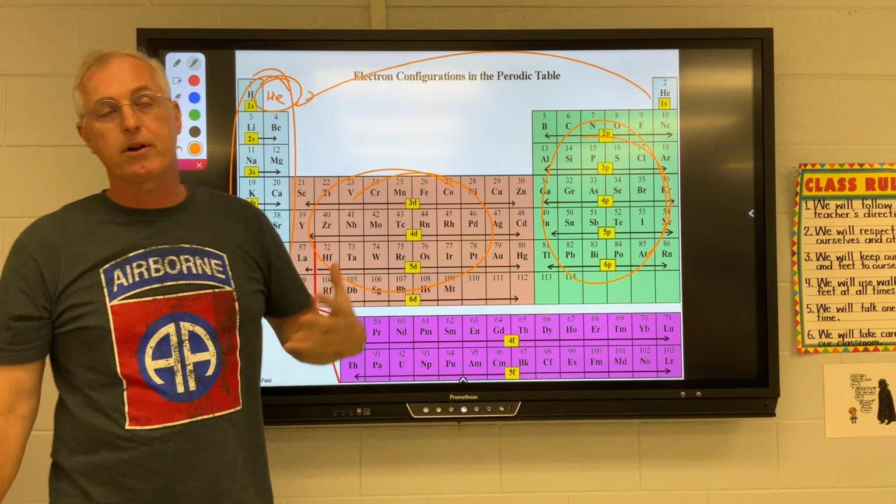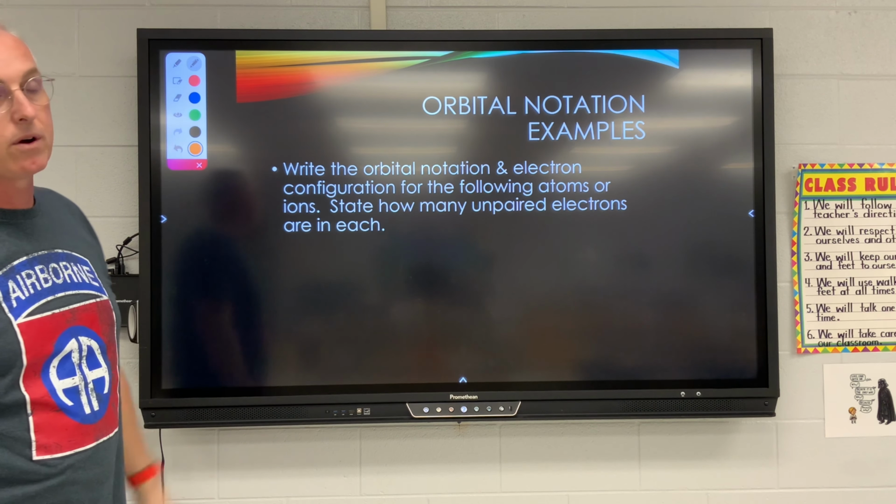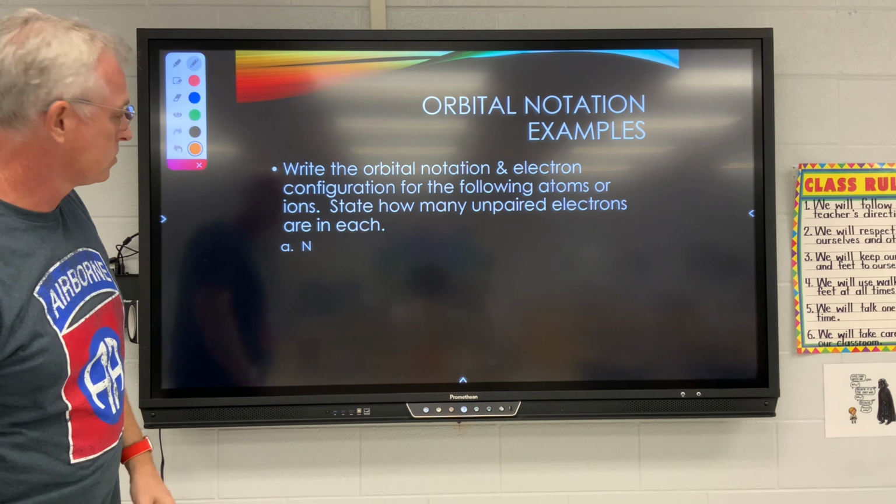Okay, we're going to do an orbital notation and write an electron configuration for an element or two. So we're going to do nitrogen. The first thing I need to do for the orbital notation is look at the periodic table and see that it has 7 electrons. So when I do an orbital notation, 1s gets 2 electrons because it's full. Next on the list is 2s, he gets 2 electrons. Again, it's full. Nitrogen has a 2p, so it has 3 blanks for the 3 sublevels, and